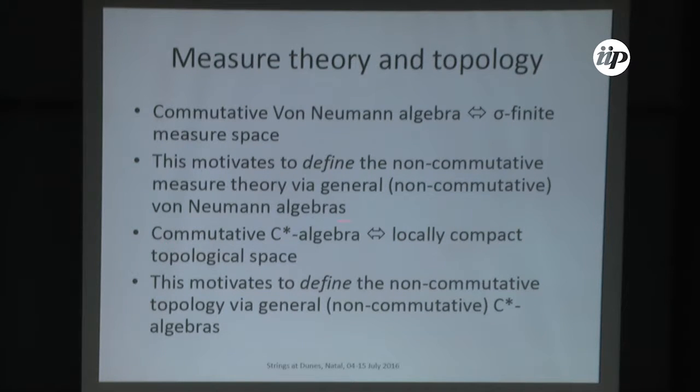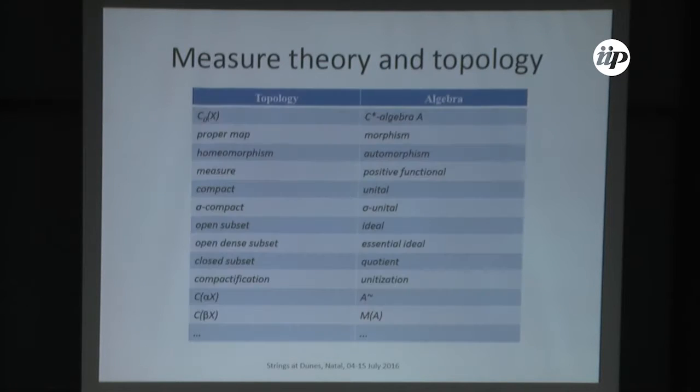But the point is that this opens up for us the possibility to define non-commutative topology, essentially in the same way. You give up this word, but after that, of course, you want to know what are the non-commutative, algebraic counterparts of the usual things that you know in topology, like open set, closed set, map, morphism, homomorphism. So here is just the beginning of the table; you don't have to read or understand much of this table. My point is that you can translate essentially everything you want.